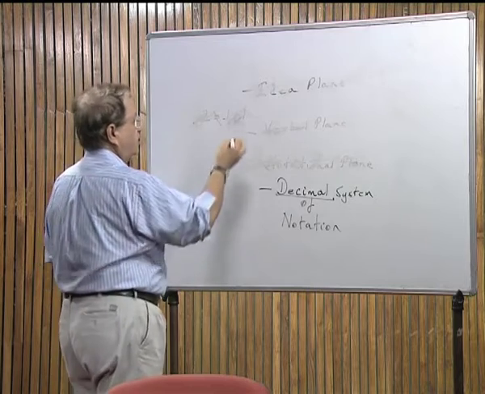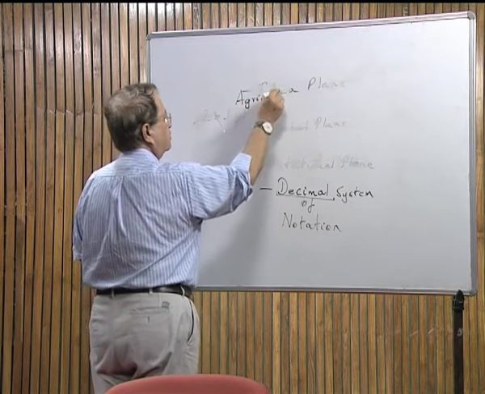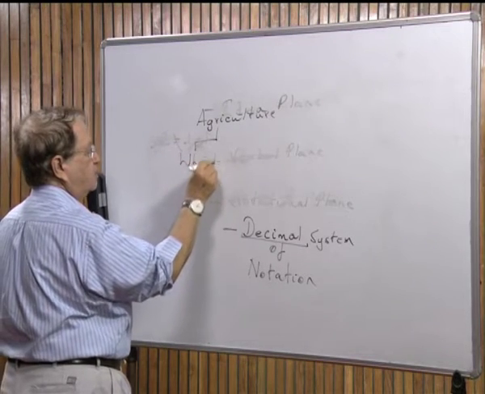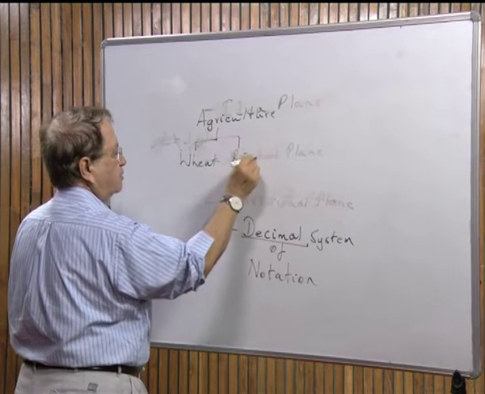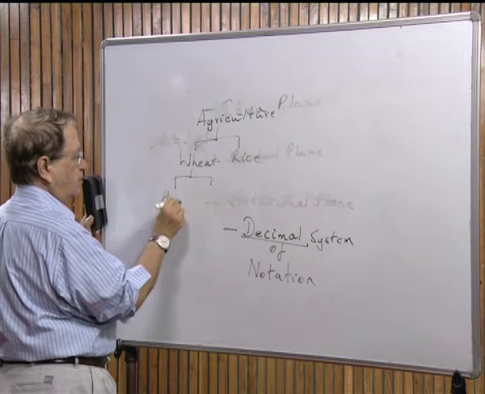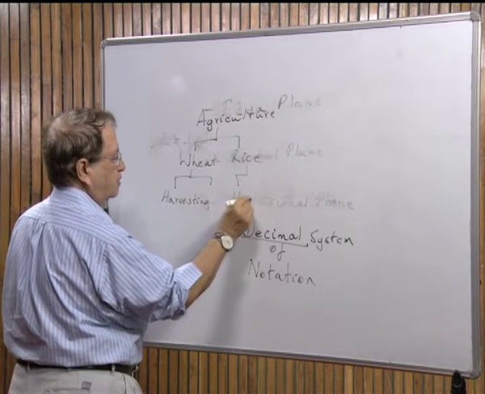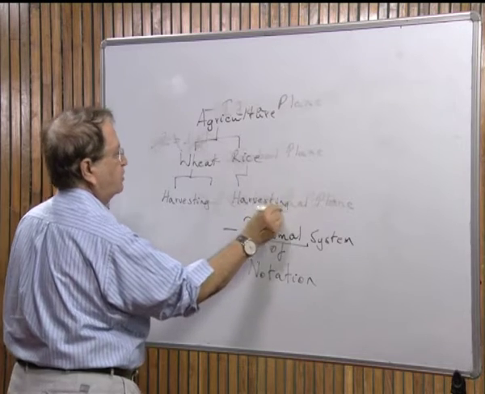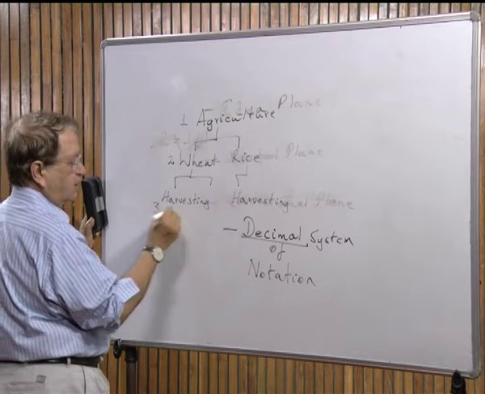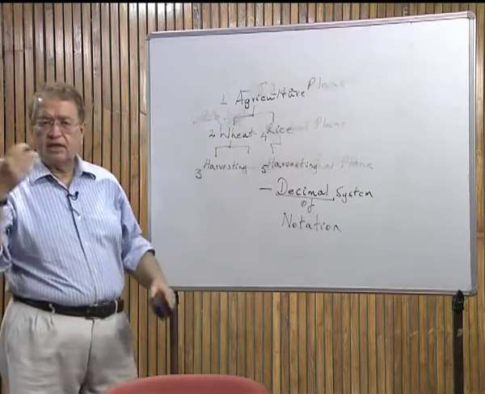The idea was that if you have, for example, divided agriculture into wheat, rice and so on, and then divided it into wheat harvesting and rice harvesting, and you have given them the symbol 1 to agriculture, 2 to wheat, 3 to harvesting, 4 to rice and 5 to harvesting of rice,